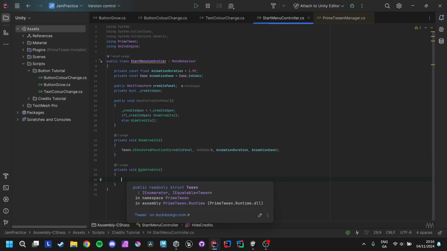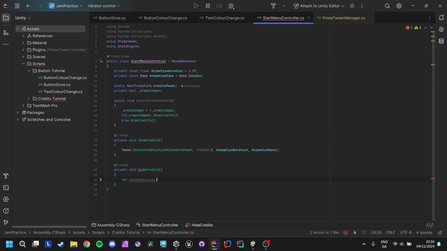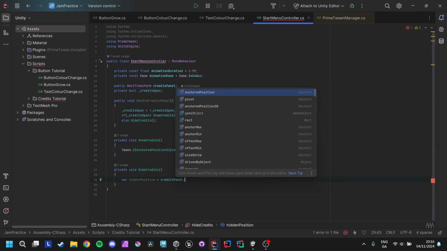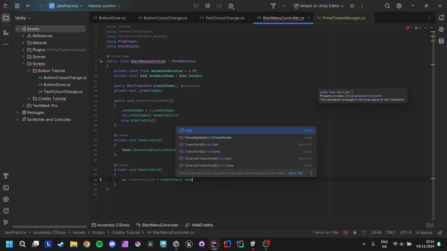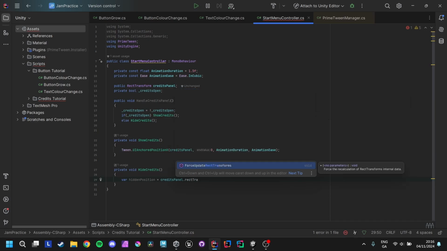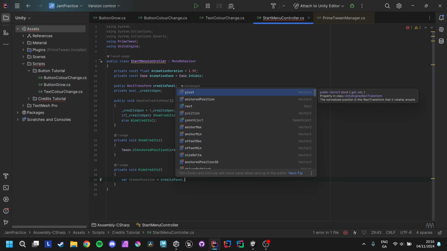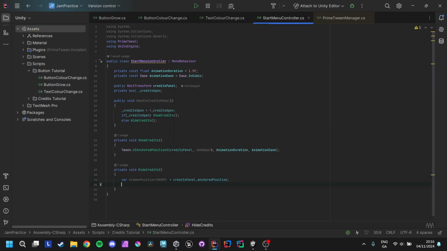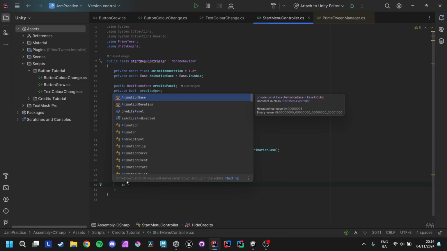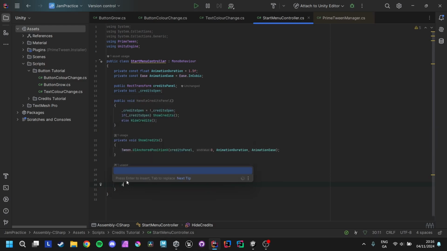So for something we have to do here, because you're not allowed to directly edit the X position of Unity UI images in the rect transform, you have to do a get and set. So we're going to do var, which is a variable, hiddenPosition equals creditsPanel.rectTransform, no, anchoredPosition. Then we're going to do anchored, no, I'm stupid, hiddenPosition.x equals -1000, which one we saw here